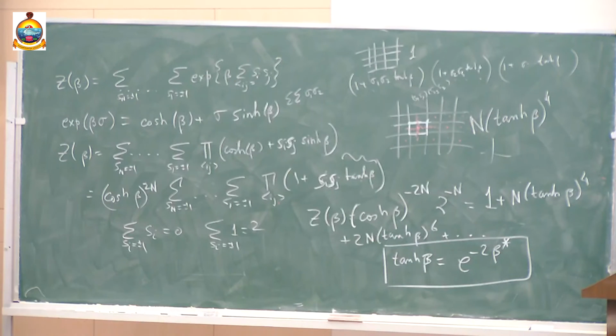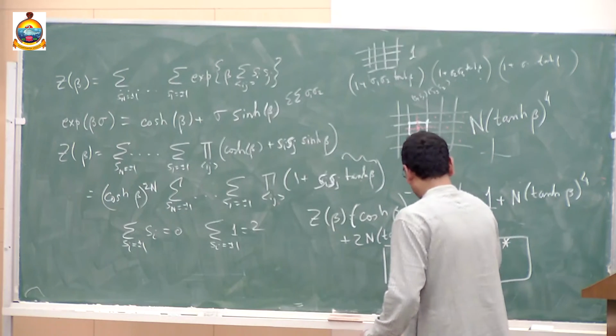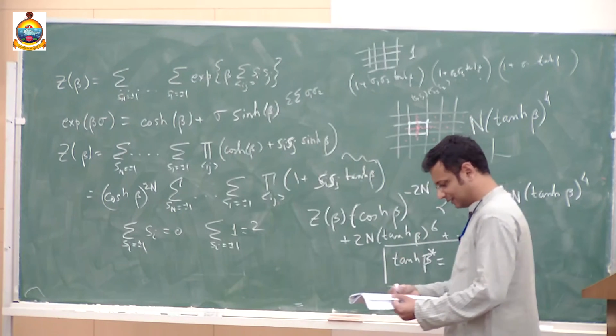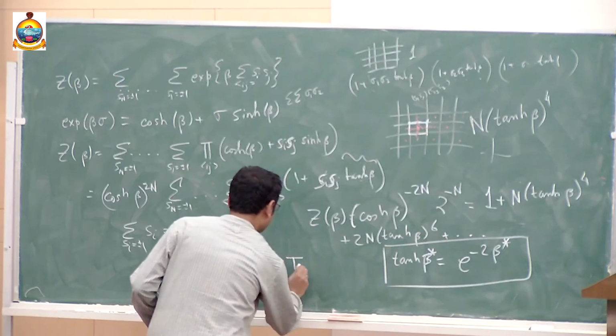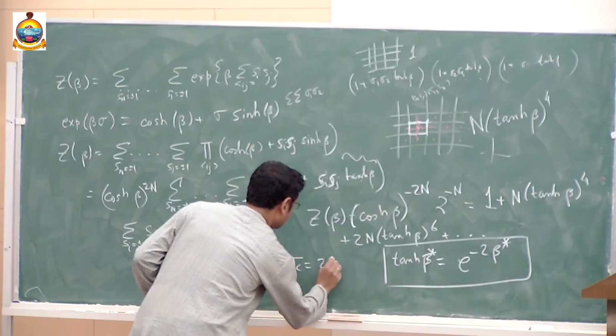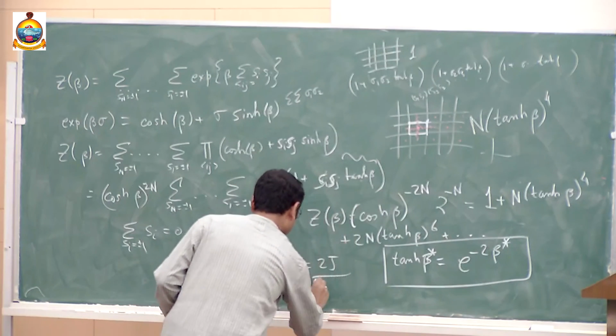So now you know the critical point. You just solve this equation where you say that this is also beta star and this is also beta star. So I need to find that solution, and this is not hard. If you find the solution, you'll find that this is 2 times, now I insert a J just for historical reasons,